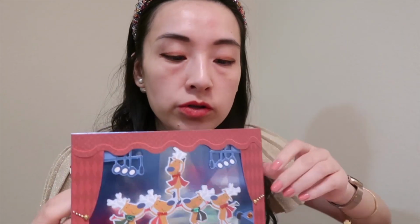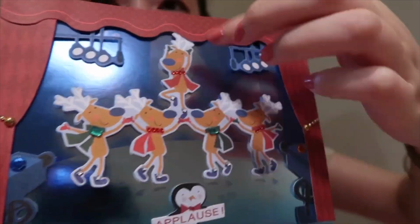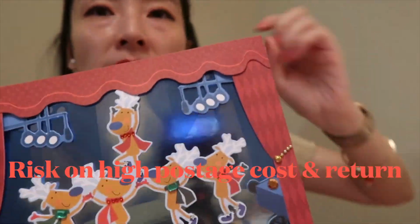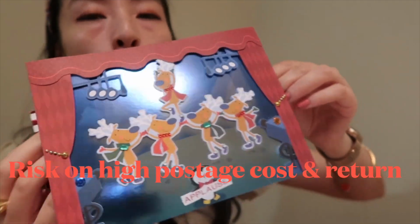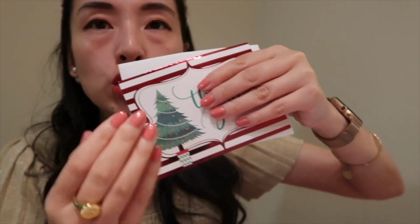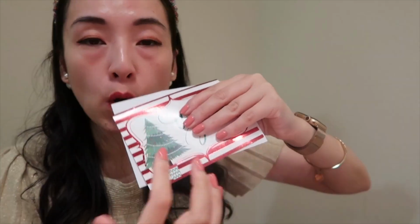Also, I'd like to give you suggestions about why you should not buy. First, these cards contain so many details with the plastic and the small pieces materials. Some of the international countries may not accept it. You will get a return and a higher price for the postage cost. For these small cards, the postage cost will be much lower, so you need to consider about the postage price